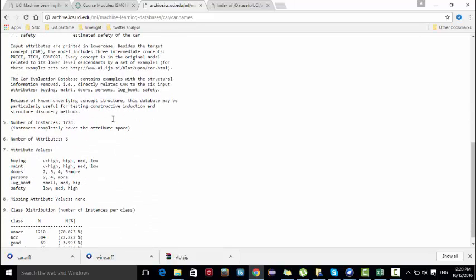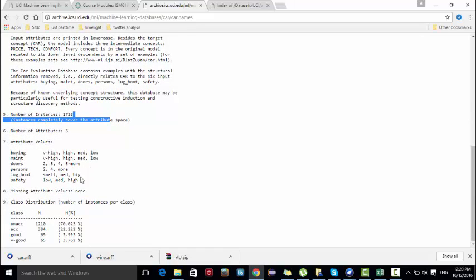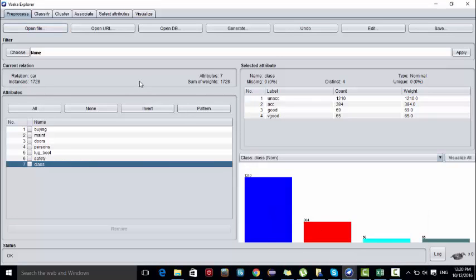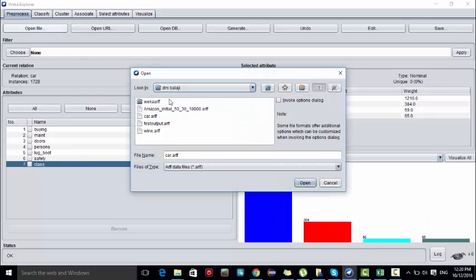And using all these input variables I'm going to predict the overall class of the car. Is it unaccepted, accepted, good or very good? For this I have downloaded this dataset from this website, and I have opened it in Weka Explorer.